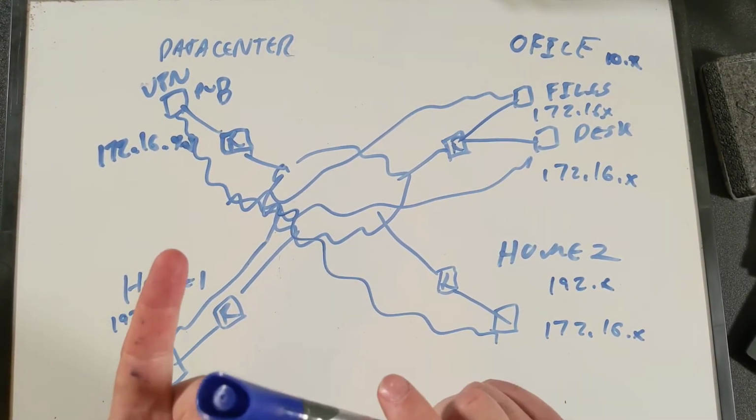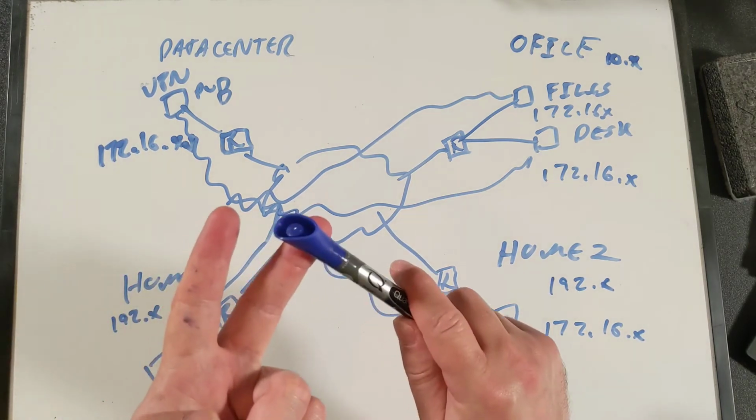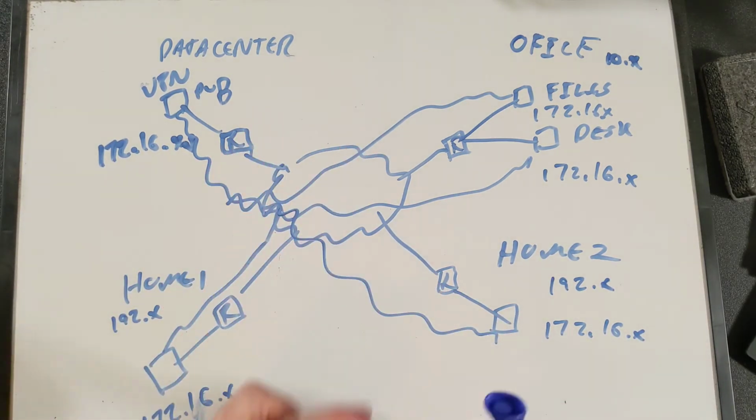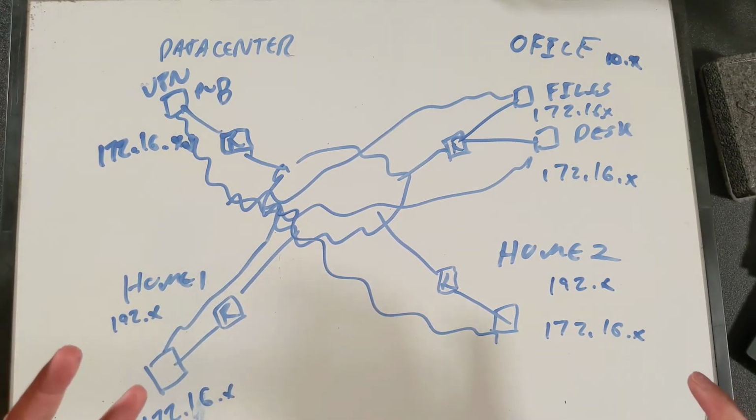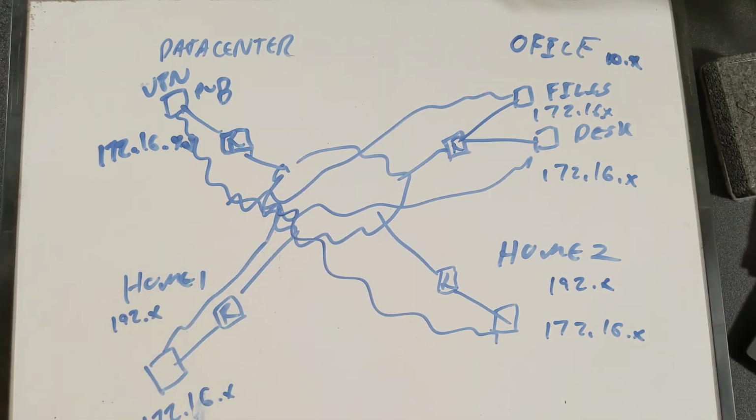So that has a benefit in security, that has a benefit in having things work. Being able to pick up a machine and bring it to another network like a hotel network and then have everything still work is sort of tricky without setting up a VPN. And that leads into one of the biggest advantages of VPNs in this sort of situation, and that is just the simplicity of this setup.